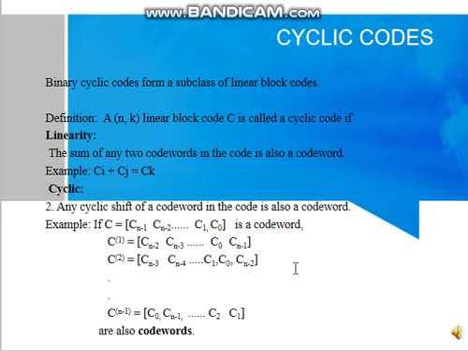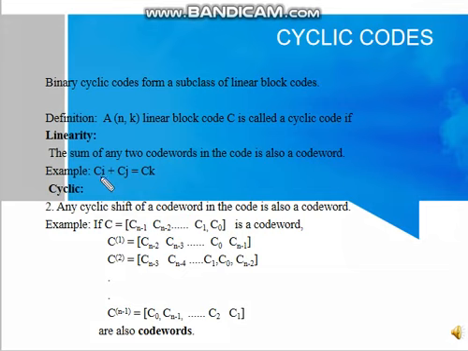The cyclic codes are a subclass of linear block codes. An (n, k) linear block code is said to be cyclic if it follows two properties. One is the property of linearity and the other one is the cyclic property. So what do you mean by linearity? Linearity means,